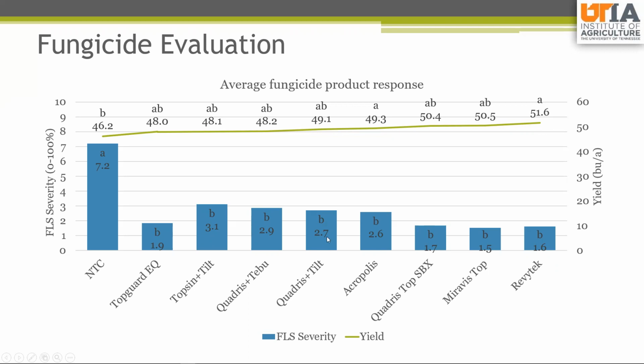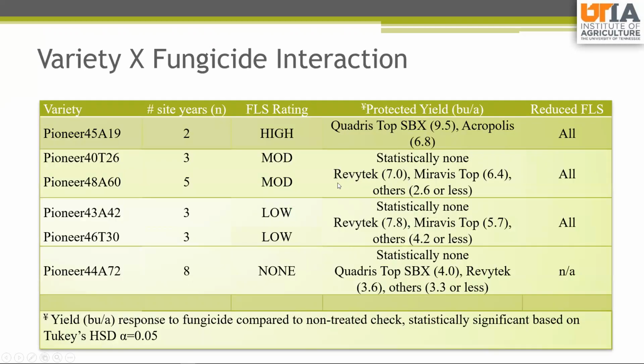And again, to visualize what I mean by more data in some of these than others. So again, that previous graph is across all of our different varieties that were looked at. And that was something I meant to mention earlier. The fungicide evaluation was not done across just one variety. It was done across multiple varieties, specifically 3 different varieties each year that had a different rating to frog eye leaf spot. We weren't always able to use the exact same 3 varieties across all 3 years. It was a combination of these. And so with that, the one variety that was the same across all 8 site years used in this data